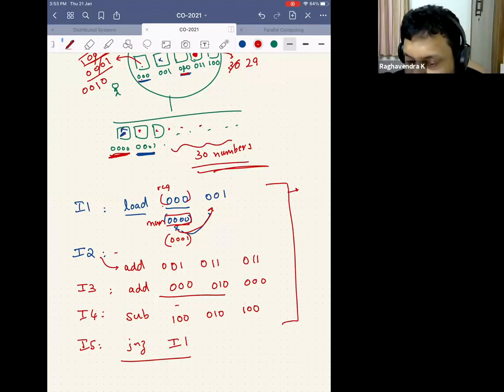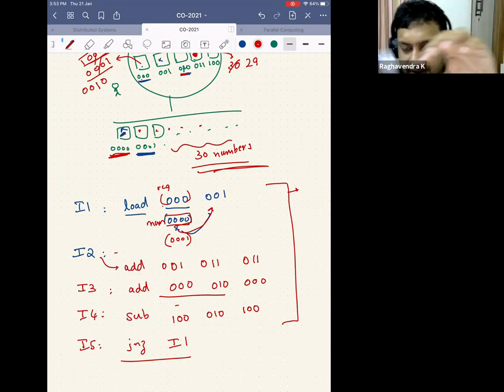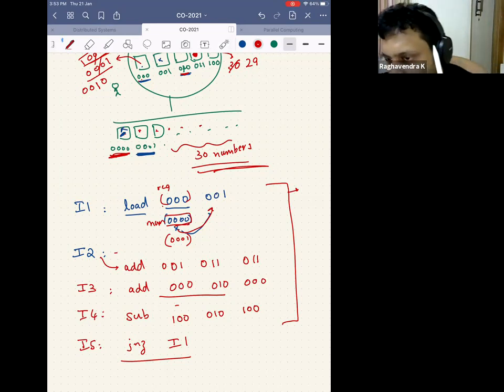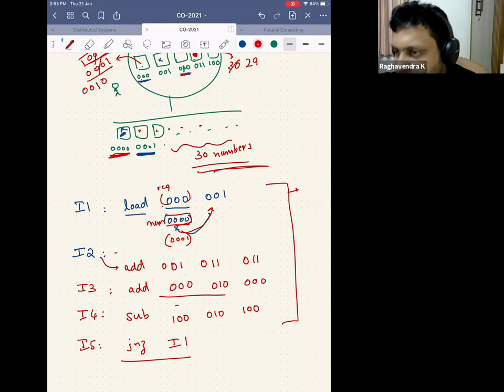But what I'm saying is, how many of you have done 2's complement addition? All have done, right? So what is that thing that goes out here called? You forget that bit. What is that bit called? Carry bit. Yeah, carry bit. There's one more bit. What is that bit called?